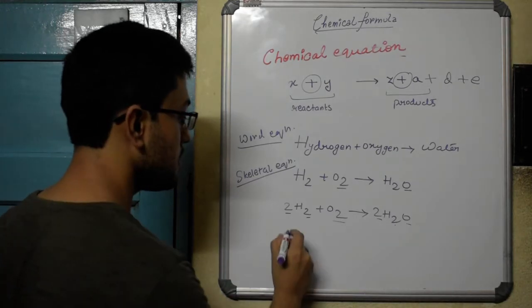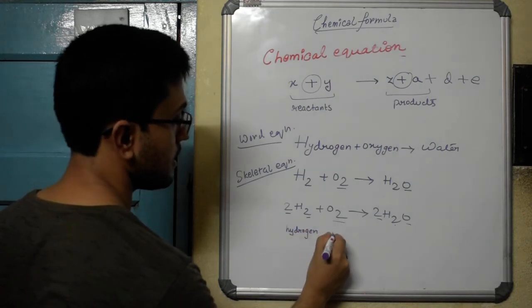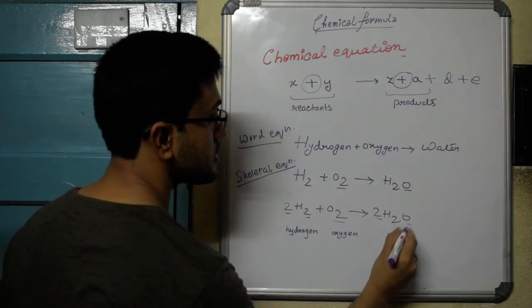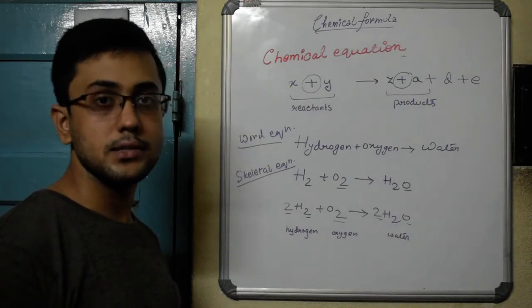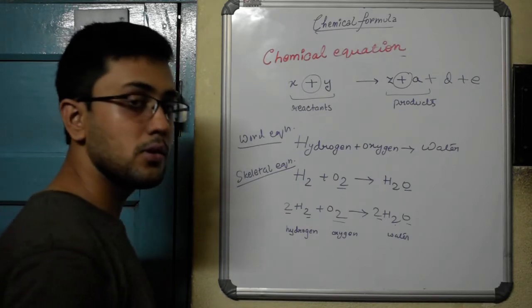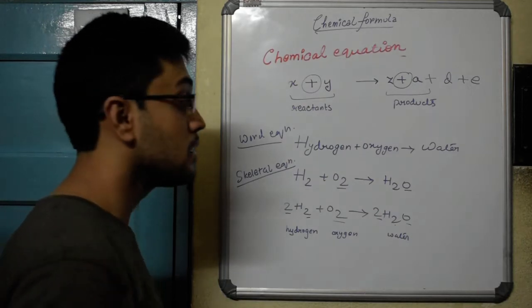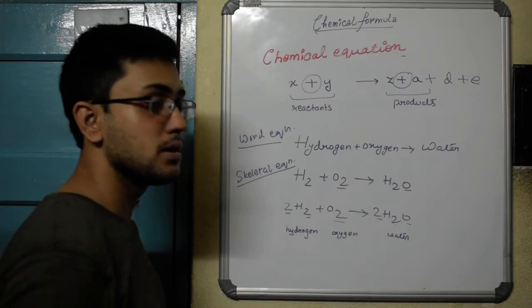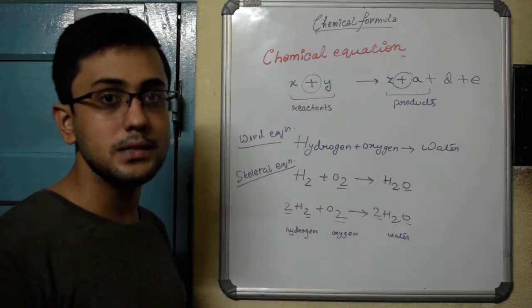And obviously, if you want to make your reaction more presentable, just below where you write the chemical formula you can mention what they are: hydrogen plus oxygen giving water. Though this is not mandatory, this is a sign of a student who has given extra effort. So when you are writing down a reaction, if time permits, mainly for exams, you can write down what the names are below them. Otherwise, simply writing the formula and completely balancing them is enough.